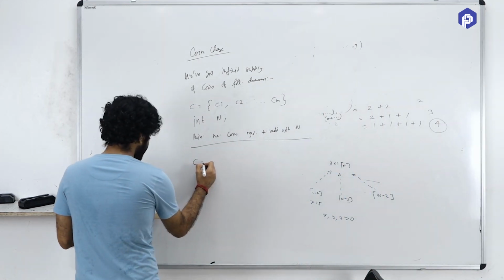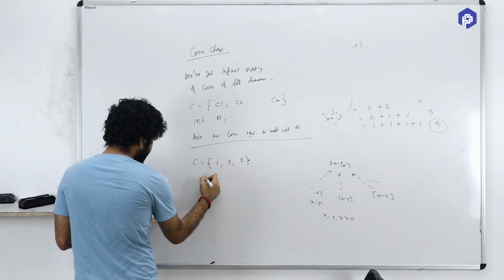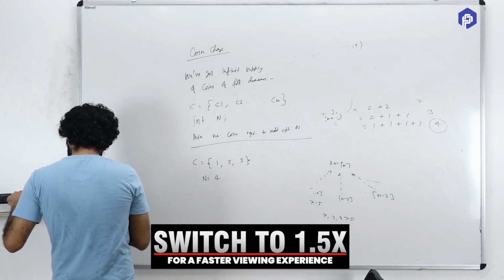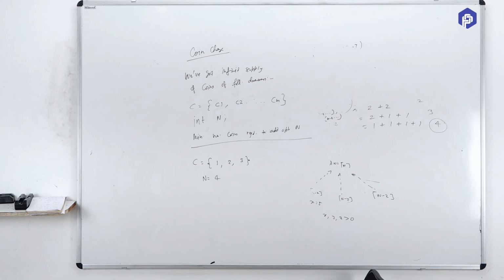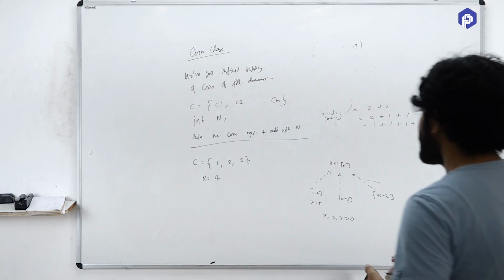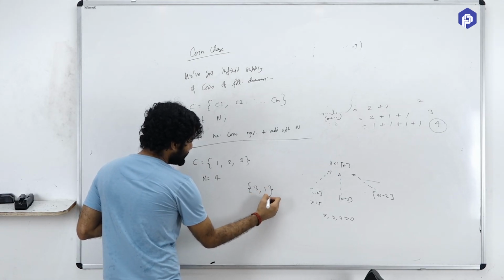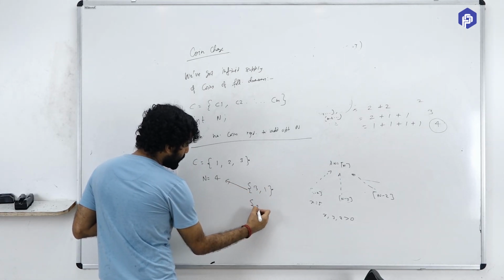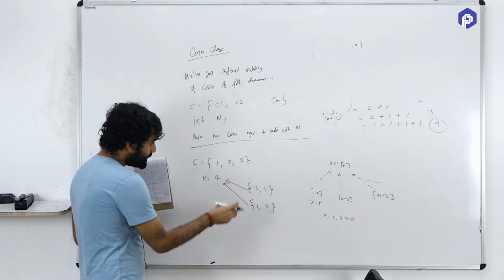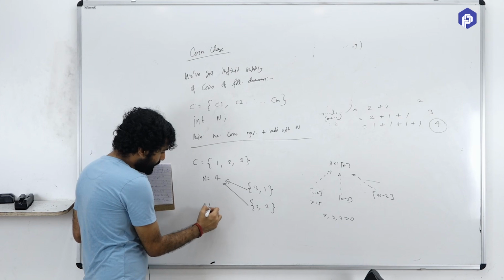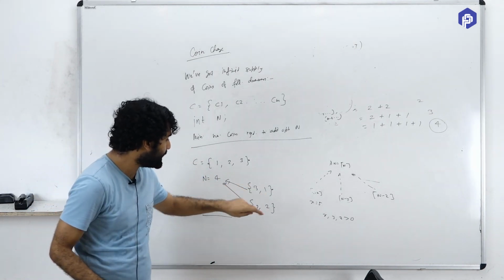Let's say my denominations are 1, 2 and 3. These are the denominations of my coins and I need to make 4 rupees. Can somebody tell me the minimum number of coins that I can take and make 4 rupees in this case? Yeah, 2. If I just take a 3 rupee coin and a 1 rupee coin, they add up to 4. I can also take a 2 rupee coin and another 2 rupee coin and it can add up to 4. You can't have a single coin and make this much amount. So here the output is exactly 2 because the minimum number of coins that you needed was 2.